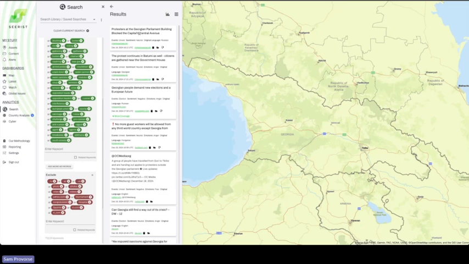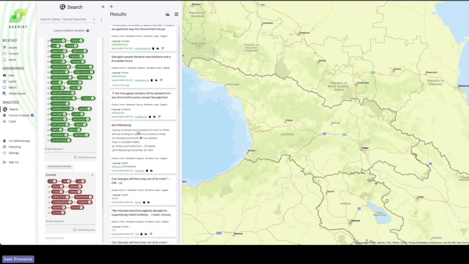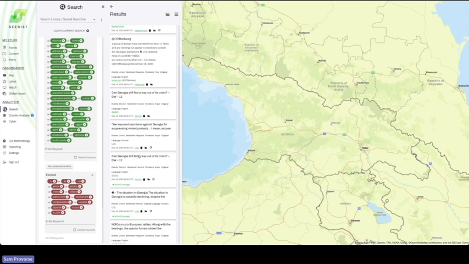As I view these results, I notice that there are quite a few that I think might be relevant. I'm seeing some coming from major news outlets within the European Union. I'm seeing a few coming from social media, including Facebook and X, as well as Telegram, as well as some from outside of those regions. There's a lot of information covering this topic, and I know that having this kind of information at my fingertips is going to be much easier with this pre-built alert. So far I've done very little in order to find this information, but I'm already getting good data, good posts,